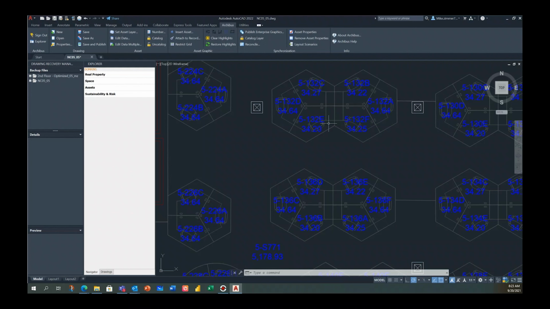We're also going to tell Archibus, hey, keep track of these changes as I'm making them within this tool, and make sure that translates over into the more data-based type of information, not so much the visualization. We'll get to that in just a moment, and I'm going to do that by using the edit data command. And that's going to be leveraging something called the Smart Client for Autodesk for Archibus.